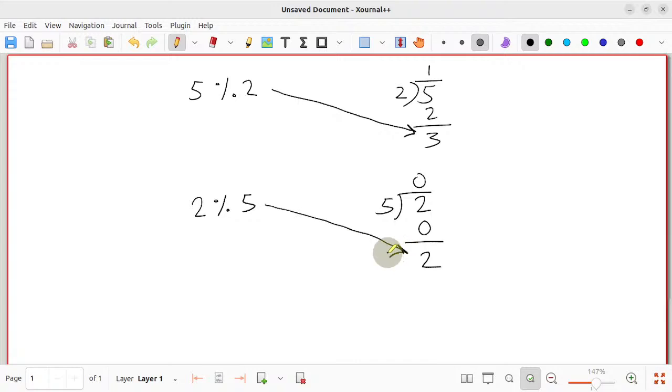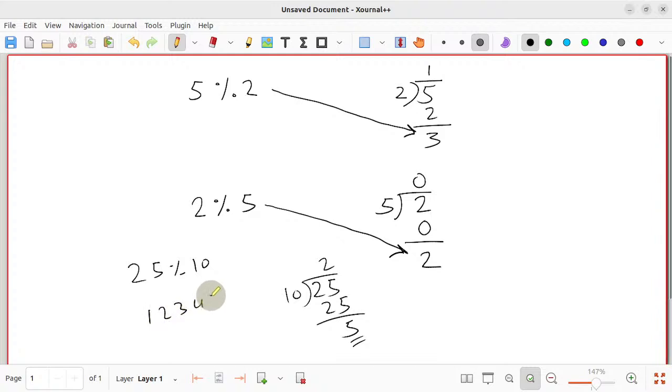Now, this has many uses in programming, which we'll see later. The most common one is that it is used to extract the last digit of a number. So notice if I say 25 modulus 10, I get the last digit. Notice 10 into 25 is 2, remainder is 5. The 5 is extracted. Similarly, if I say 1234 modulus 100, I can extract the last 2 digits